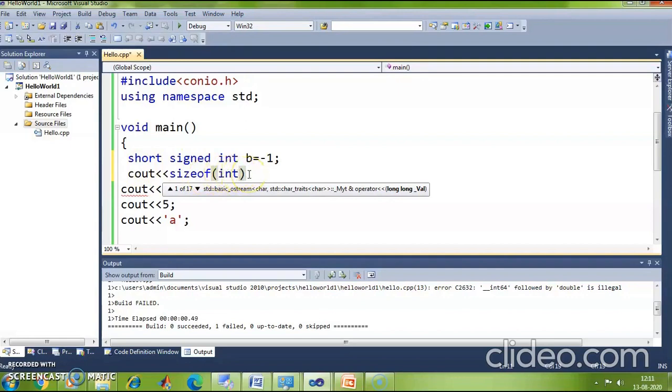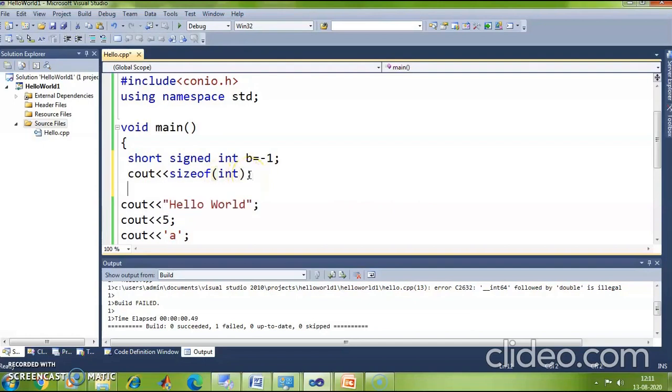Okay, so I am asking what's the size of int. I am also going to ask what's the size of the variable b which is of type short int.